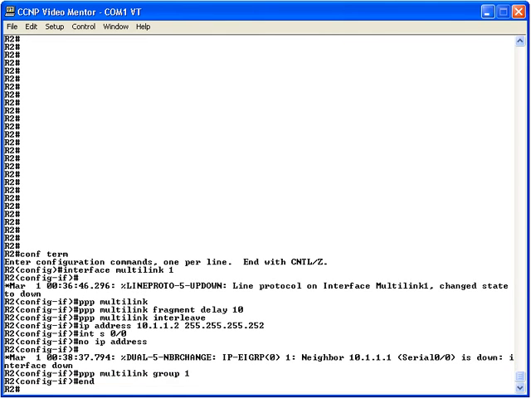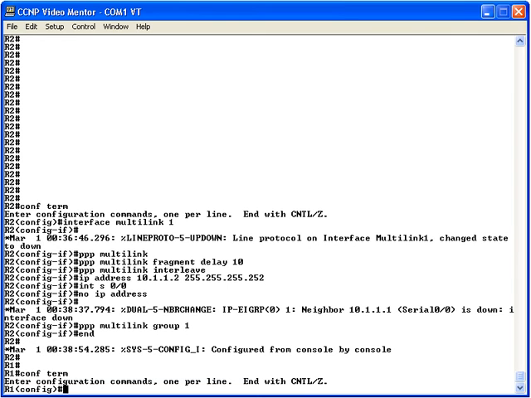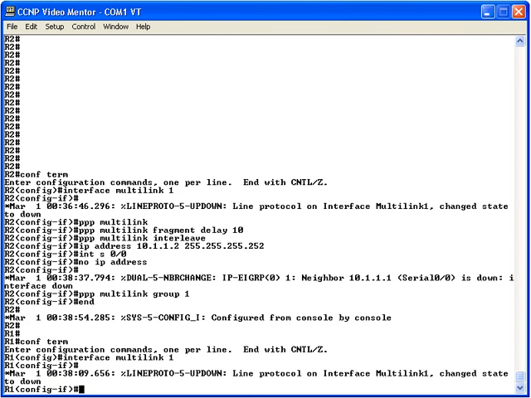At this point, we are done with our configuration on router R2. However, the other side of this link on router R1 also needs to be configured for PPP multilink. Let's move over to router R1. Sitting on router R1, let's first go into global configuration mode, and just as we did on router R2, let's create out of thin air a virtual multilink interface. We'll call it interface multilink 1. And by the way, that number of 1 did not have to match the other side. In interface configuration mode for interface multilink 1, let's say PPP multilink,